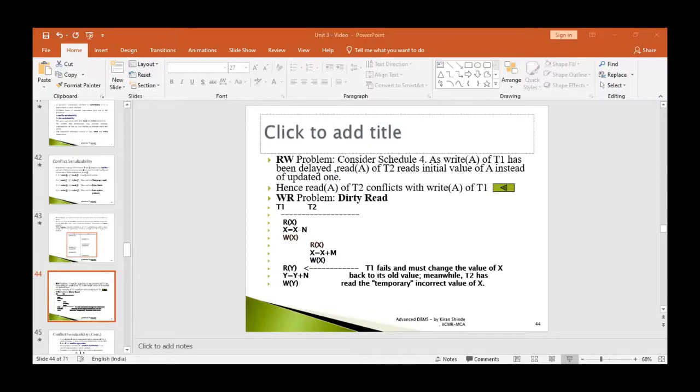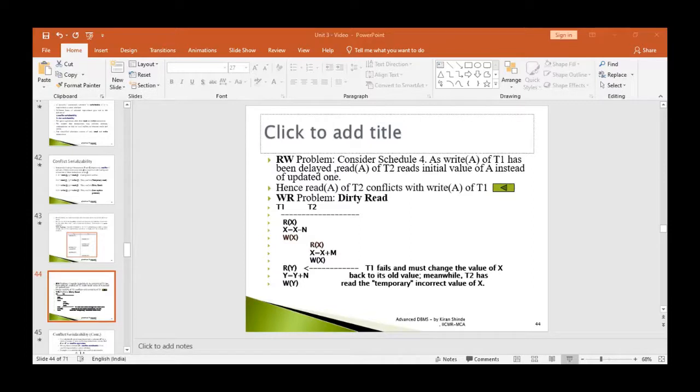That is our thumb rule. So first of all, let us start with read X. Now we will check this read X with all other transactions' instructions. So in sequence, it is to be checked with RY, RZ, no problem. Why? Because data items are different. Continue further, WZ, there is no conflict because data item is different. Continue further, RY, that is read Y, there is no problem because the data items are different. Again, here we are not going to check because it belongs to the same transaction.